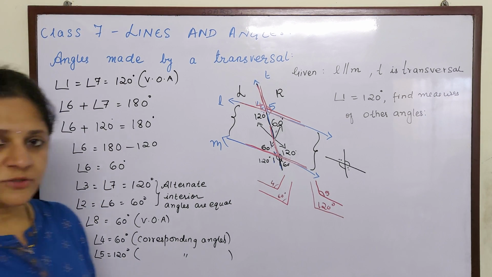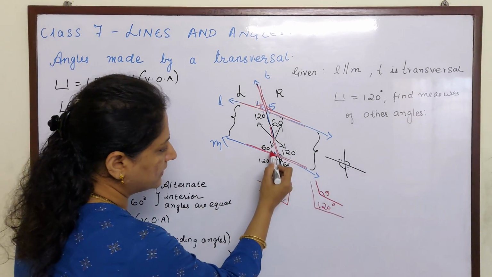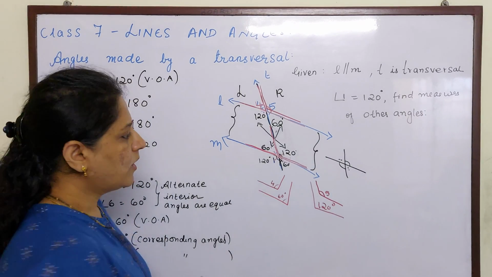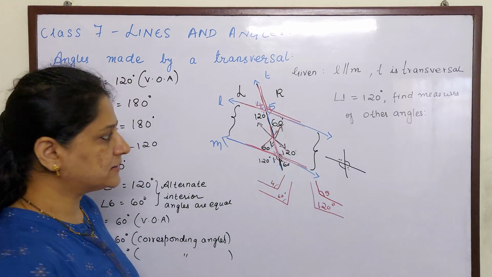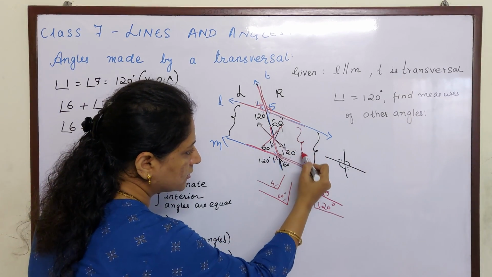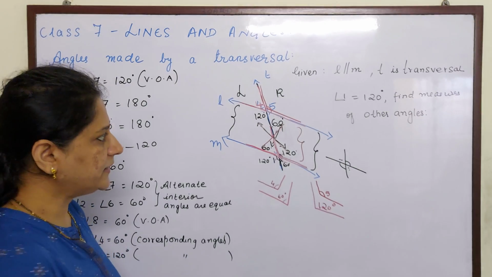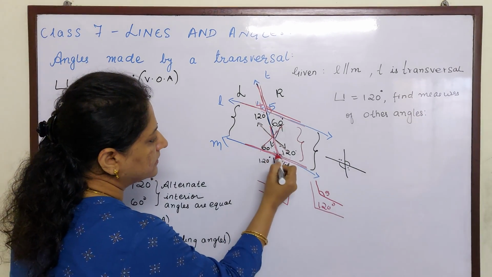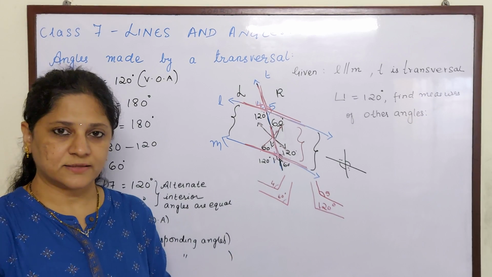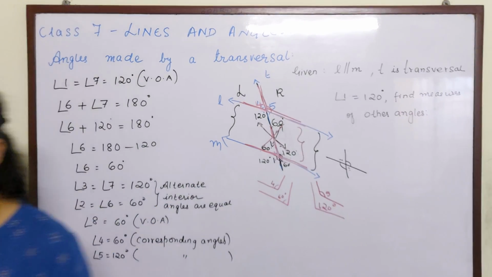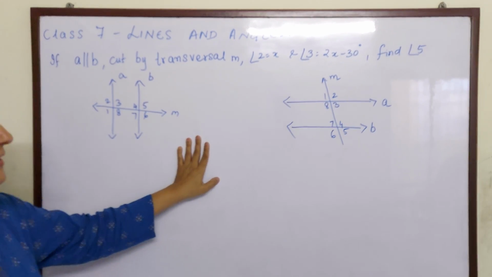So we have used three concepts. One is vertically opposite angles that form like this, crisscross. One is alternate interior angles that form a crisscross like this, and interior angles on the same side of the transversal are supplementary, that is 180 degrees, and the pattern which is same is known as corresponding angles. Let us move to the next sum. Now children, we are going to the next sum.